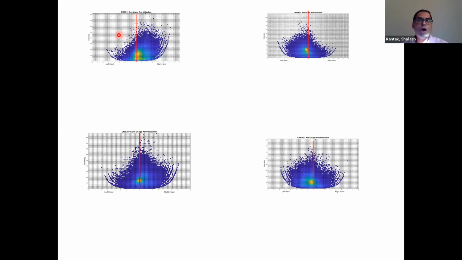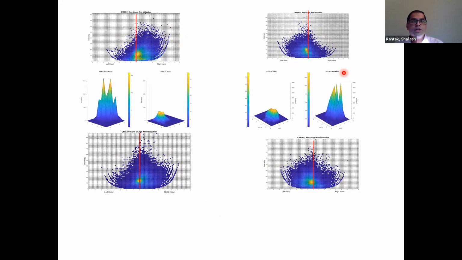The 2 on the top have significantly asymmetric arm performance. That is greatly reduced use of the paretic arm compared to the non-paretic arm. The ones on the bottom do represent some asymmetry, but it's not as profound as the ones on the top. And now if we look at the motor cortical representations of these participants, so as you can see here,